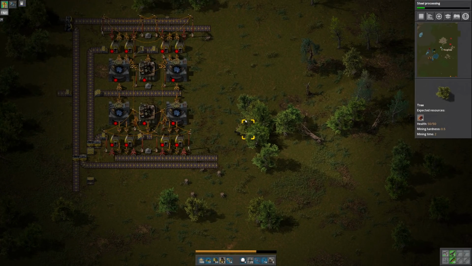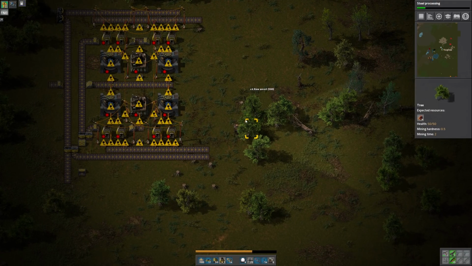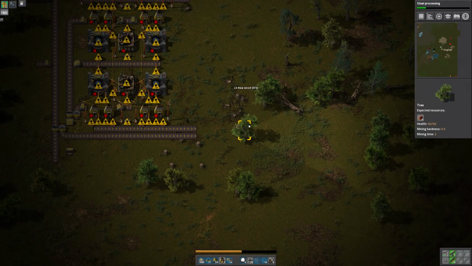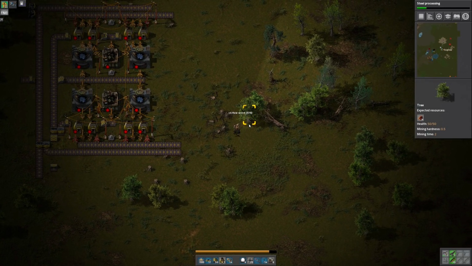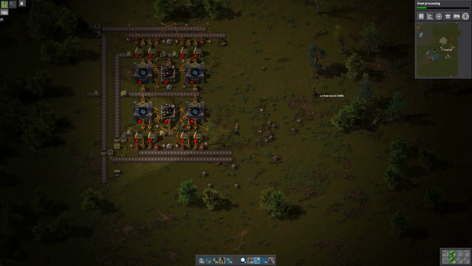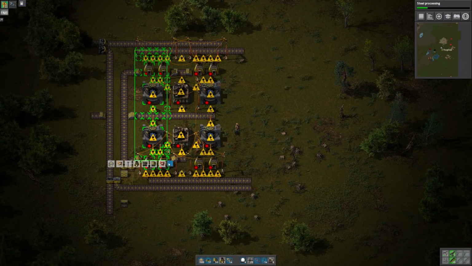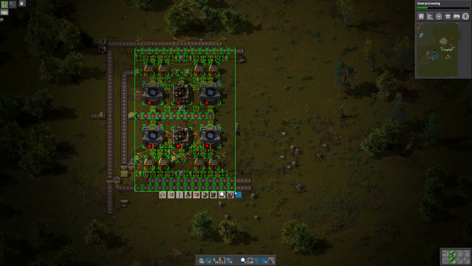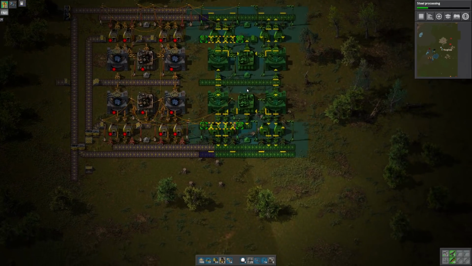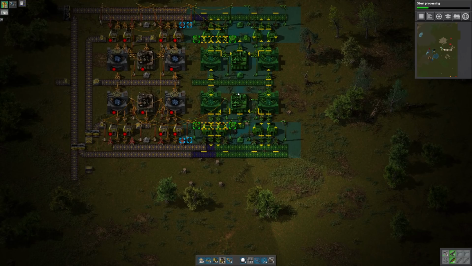And then what we can do is these two outer belts that are going to be carrying the iron plate, we will eventually join in the center. Let me just clean some of this up first. Okay. And I'm going to take a blueprint. See, let's just copy all this. And we're going to duplicate this. All right, so this will be like one. And I need to leave an extra space here